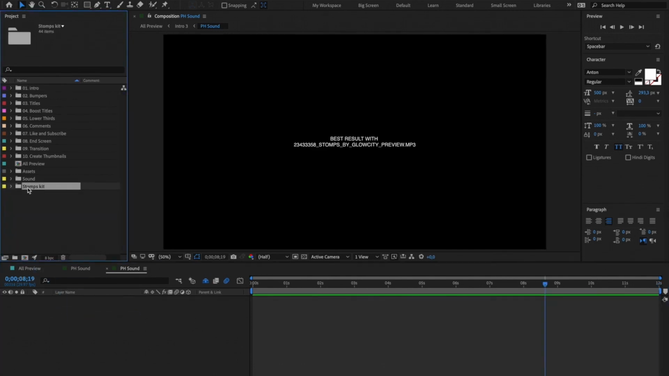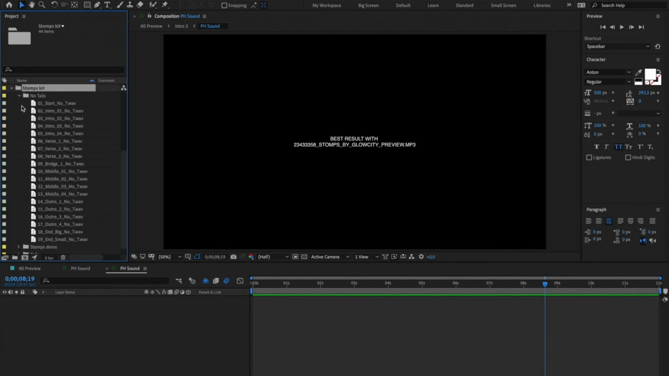And of course, if you download that Stomp Kit, you can create your own sound. For example, choose No Tails Start, Intro, Bridge, Outro,